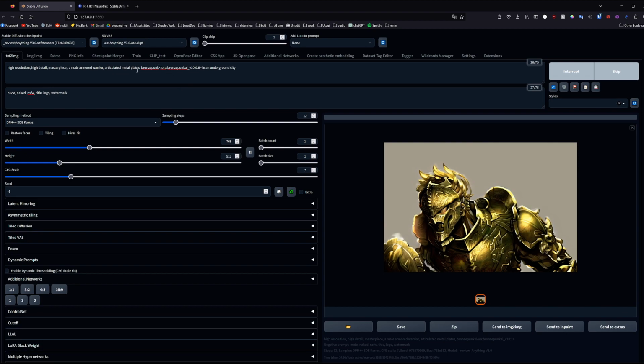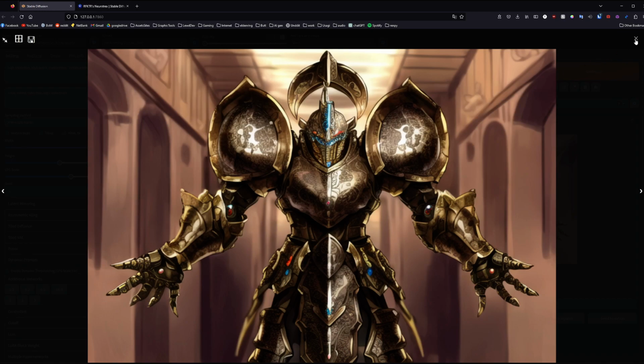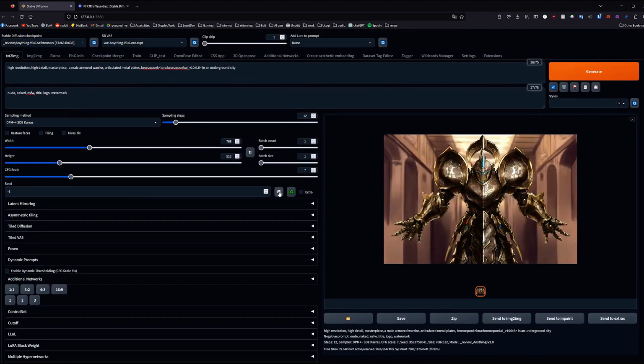Hopefully at 0.6 it'll keep the sort of bronze aesthetic, but it won't lose itself in the underground city. It may just be that the model needs another version where the city stuff or the background stuff is in the Lora a bit more, so it's more flexible. Oh yeah, that's kind of cool. I am curious if I save this seed and let us just temporarily get rid of the...